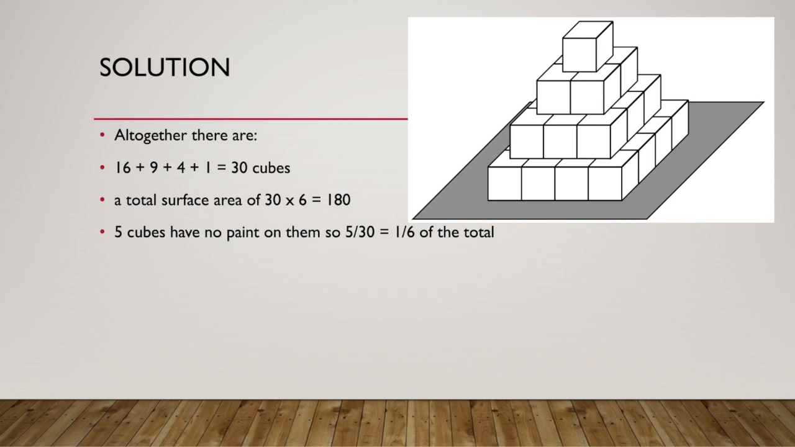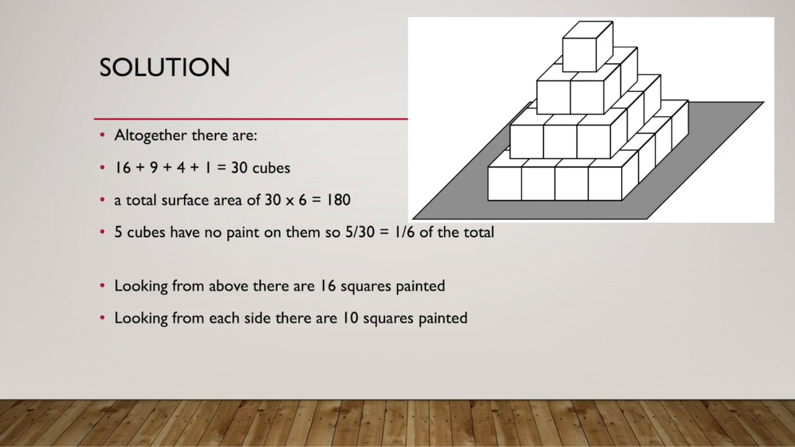Now, I've also worked out, as we know there are 30 cubes altogether, there's a total surface area of 30 times 6, which is 180. Now, to work out the total surface area that's been painted, if we look from above, then there are exactly 16 squares that have been painted, because it's the same as the layer at the